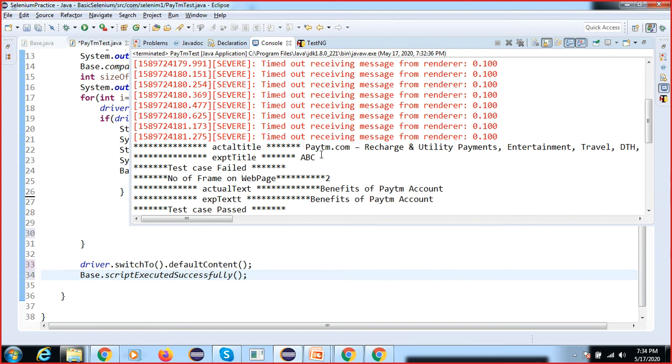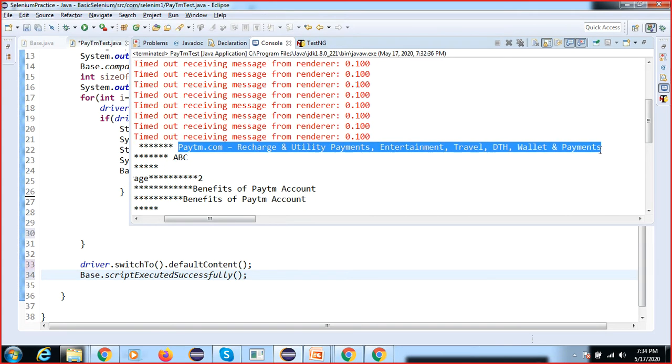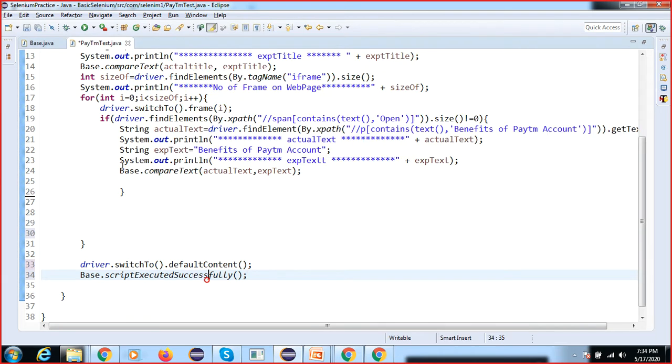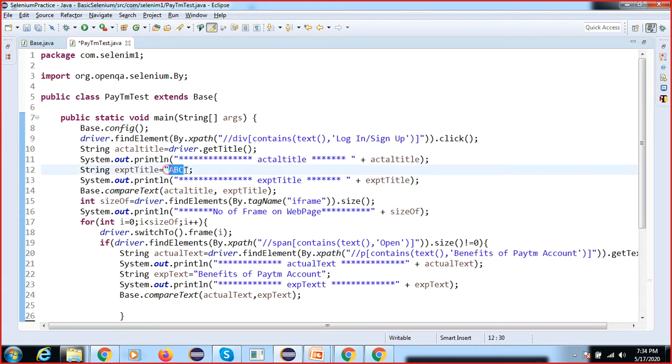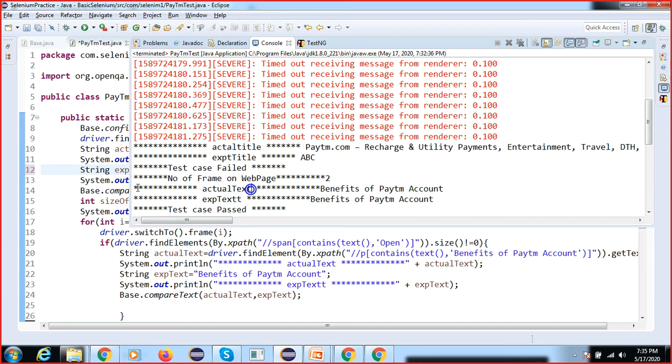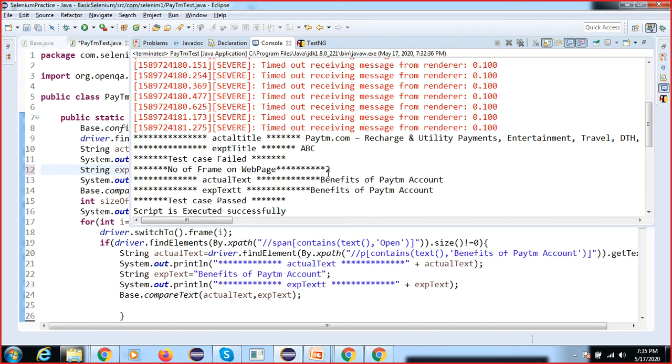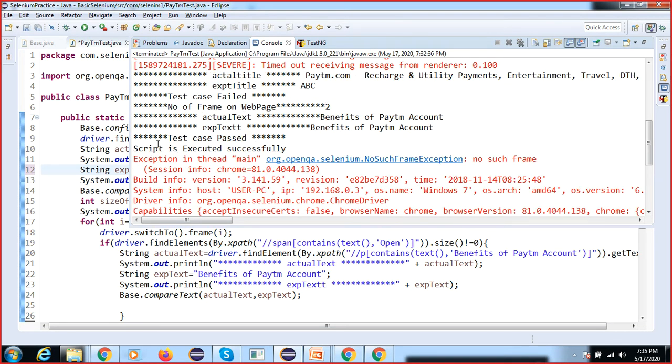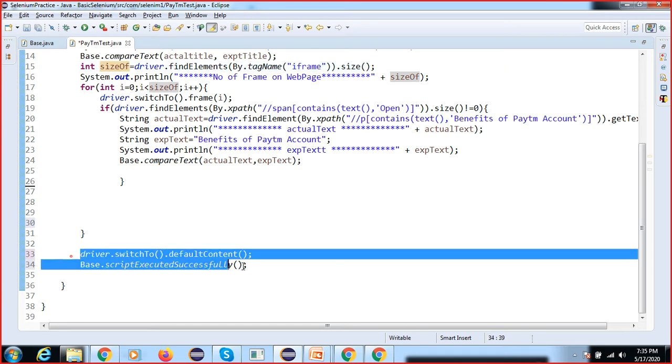Okay. So here you can see. I'm going to copy this title here. So this is our correct title. I'll copy it here. So this will also pass. Okay, so these are the two validations we have done here. The second validation is correct. You can see our test case is passed. Okay, so how many frames are there? Two frames are there, but in the last step this is also executed, but this exception is coming from runtime. Okay, so that's why this error is coming.